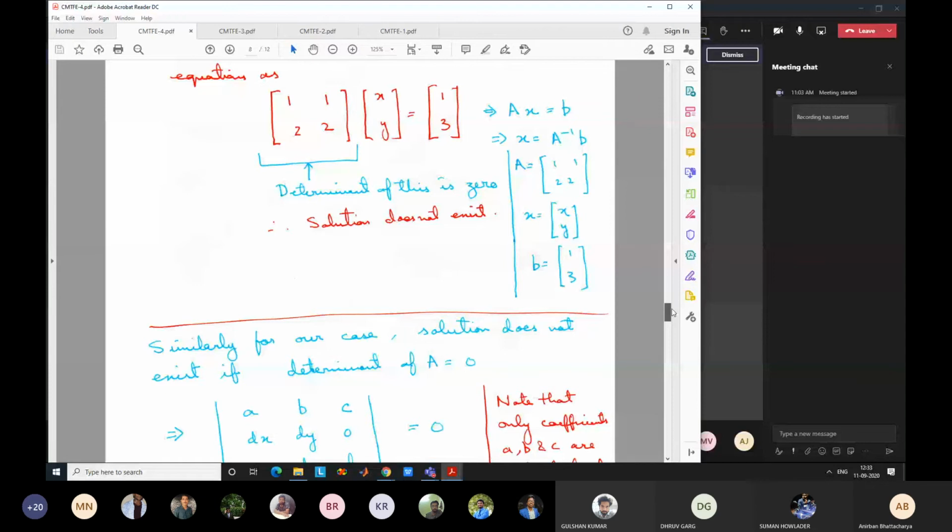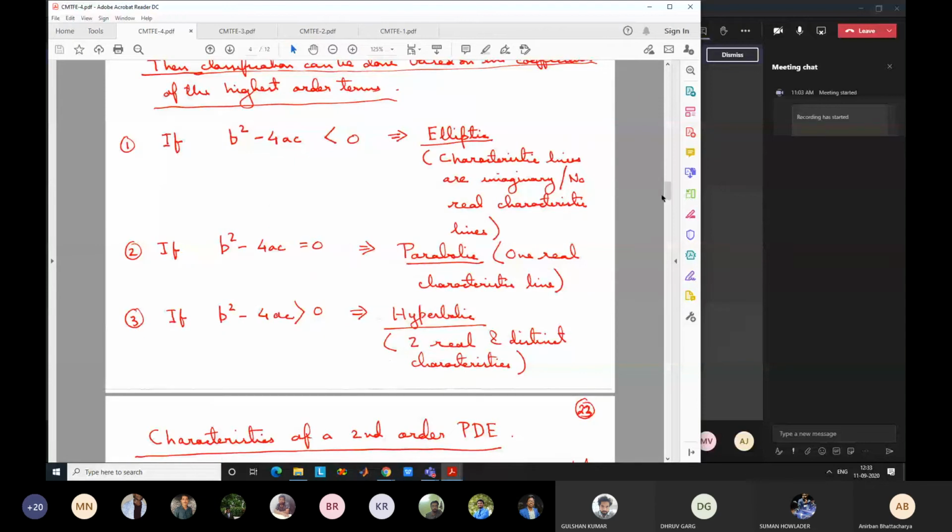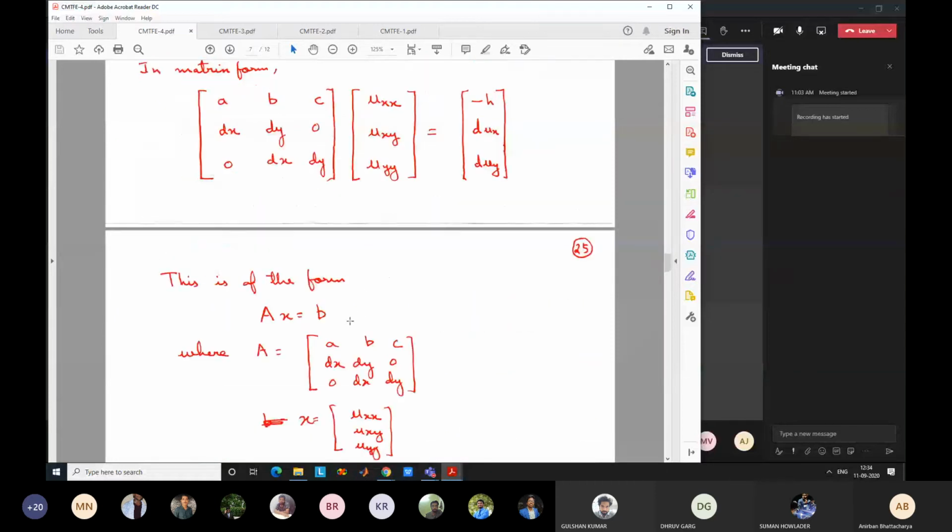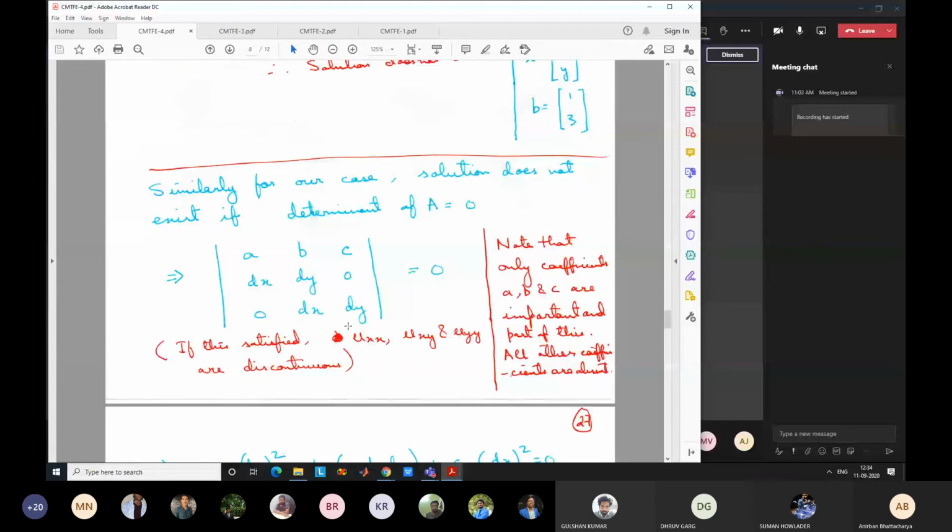Same classification, but by some preliminary calculation, instead of going into too much detail, by doing some simple mathematical calculation, we have now understood at least why we are writing it like this. Previously we did not know why we were writing b square minus 4ac like this. What is the importance? At least we have some idea now why these coefficients a, b, c come into the picture and how they come into the picture. Why this b square minus 4ac term is important.